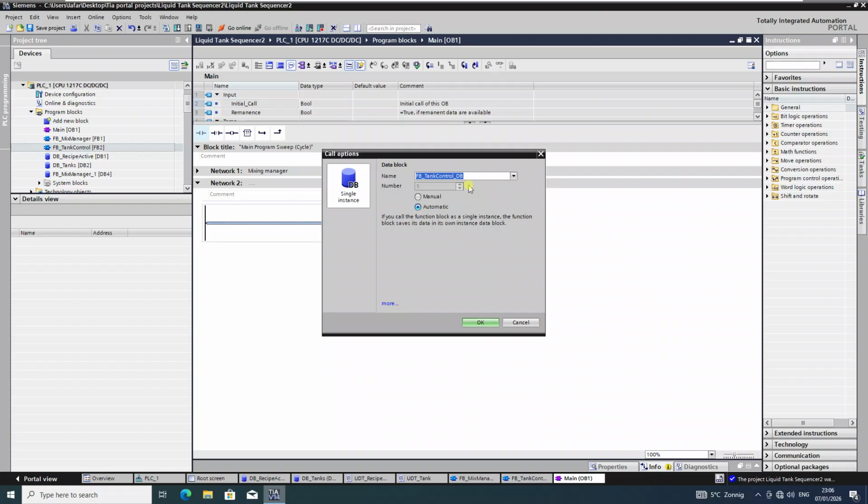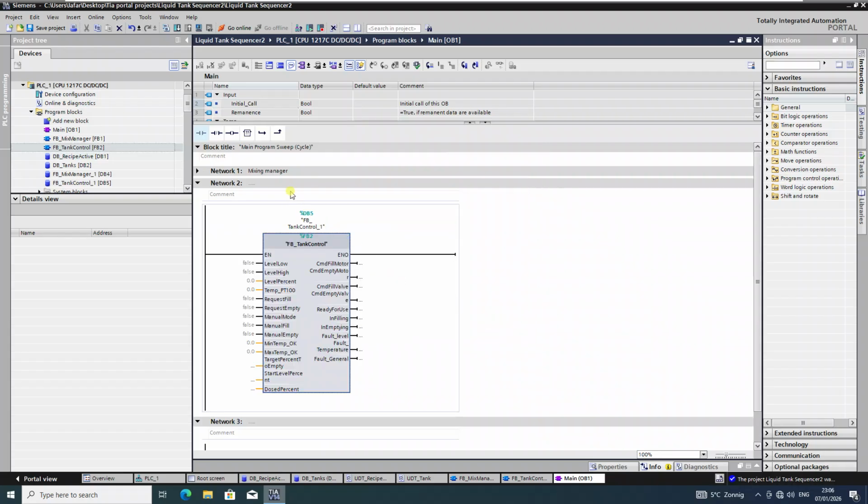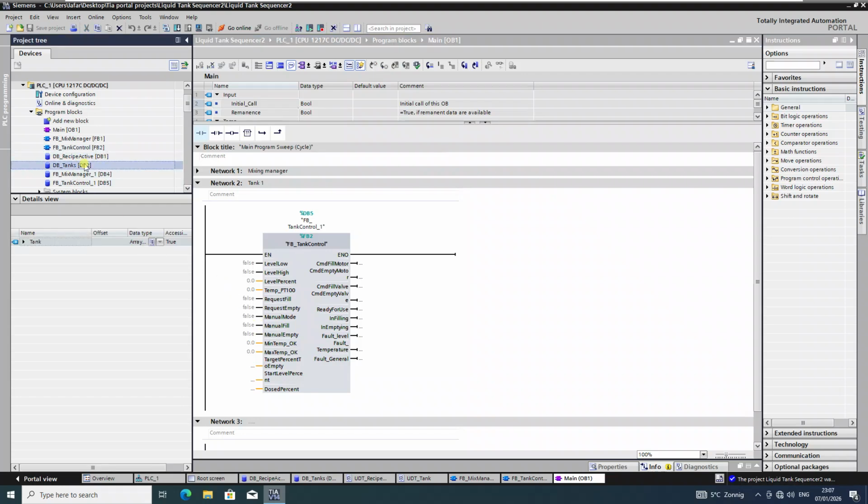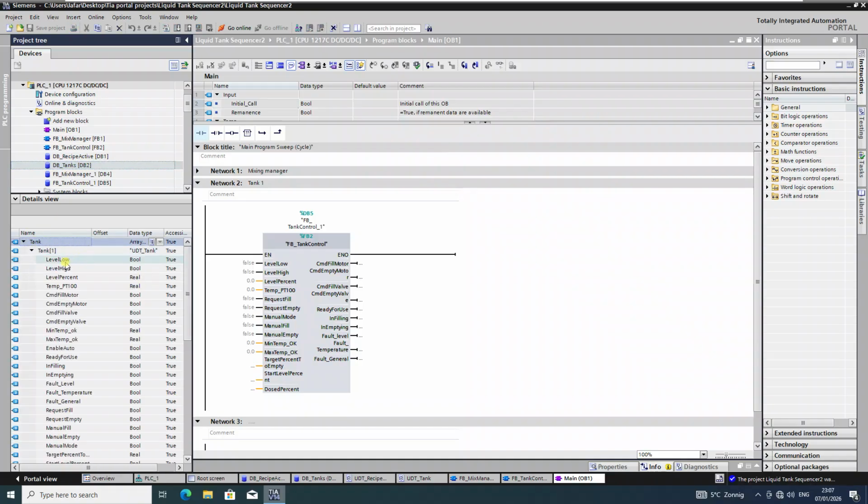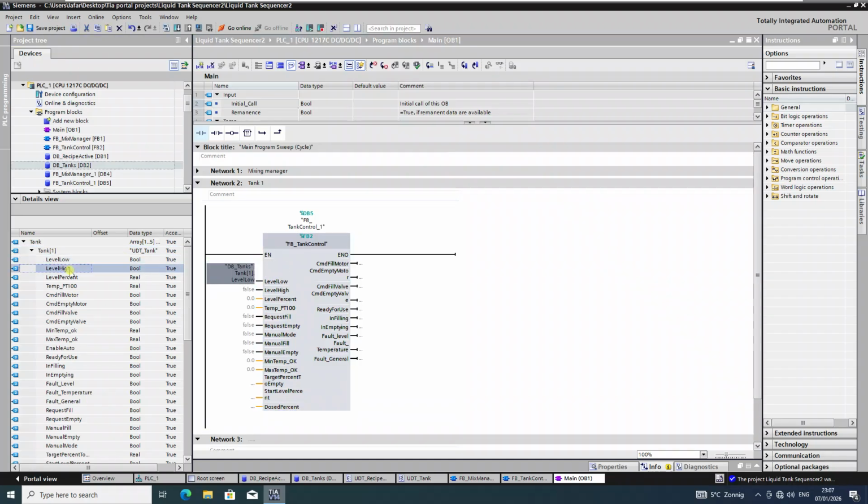So my tank 1, and if you want to put the parameters here, it's the same. You go to your data block tank, and you go to tank 1, you put low level,